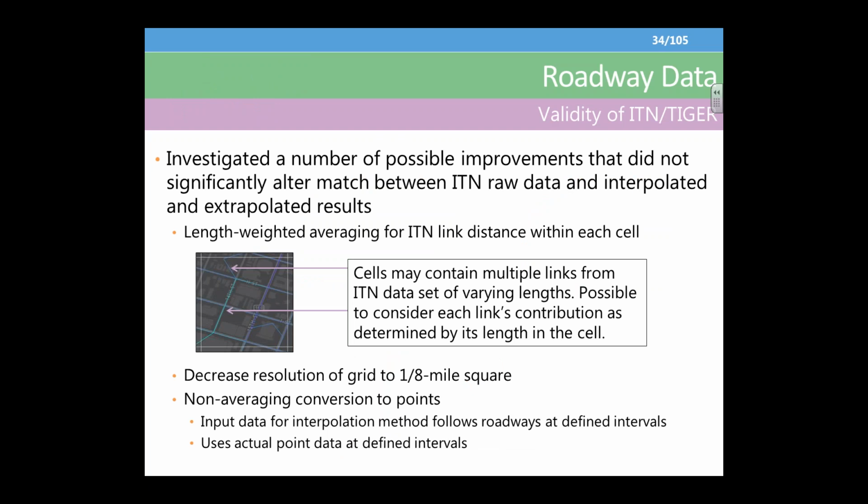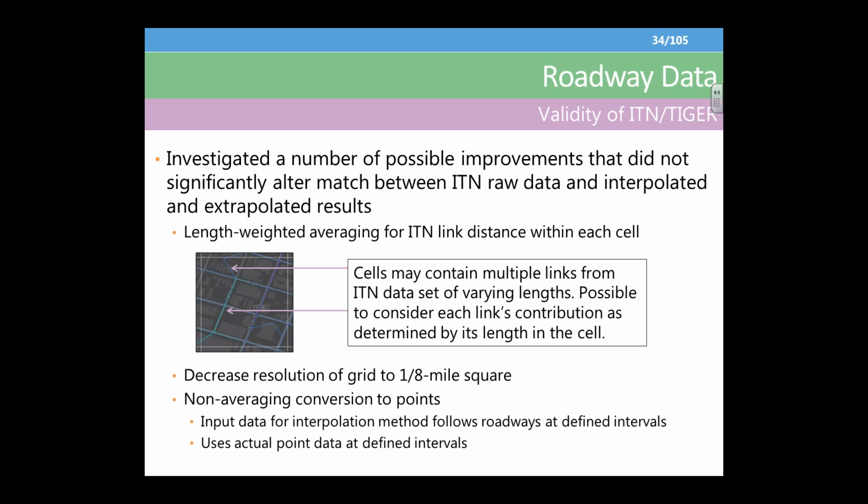Of course, there were many steps along the process, things that could have been improved, and we did actually investigate a number of these options. But we found they didn't have a significant effect. So the first is that when we average in a cell, we don't actually account for the different lengths of all the lines that might be in that cell. So you might want to weight the speed that you count in that cell based on how long the road is that's at a certain speed. We did that, we tried that, went through the whole process again, looked at the whole distribution, and it didn't have a